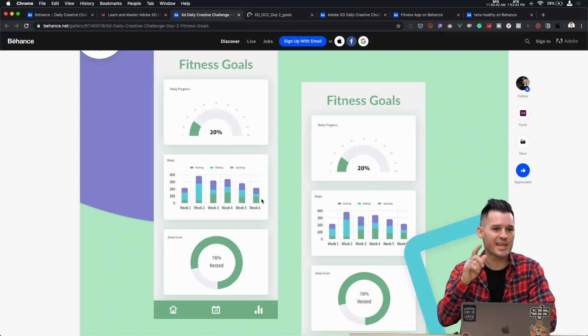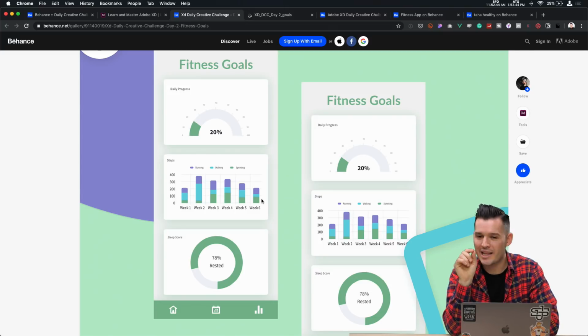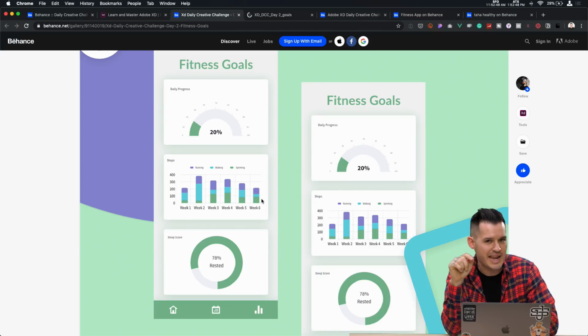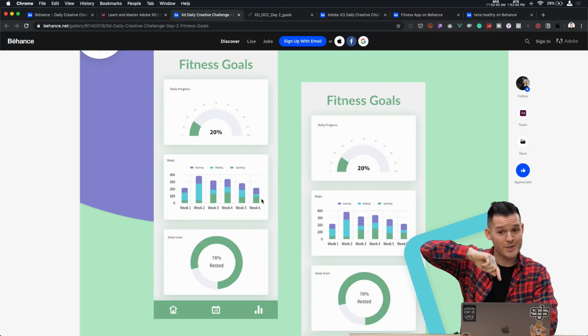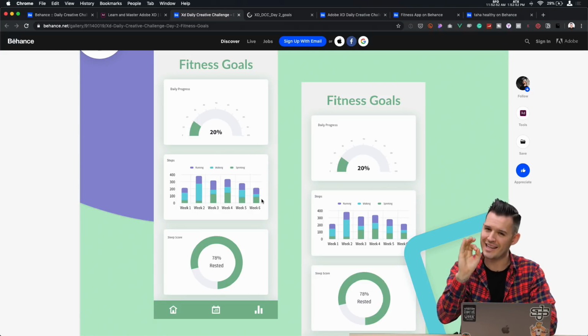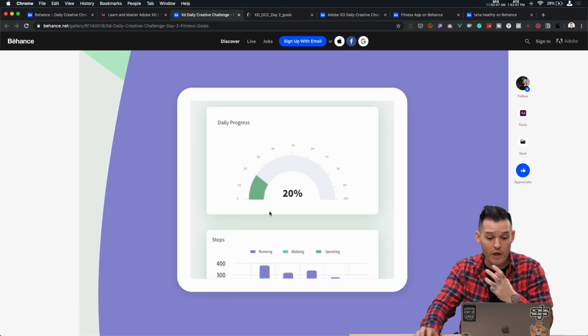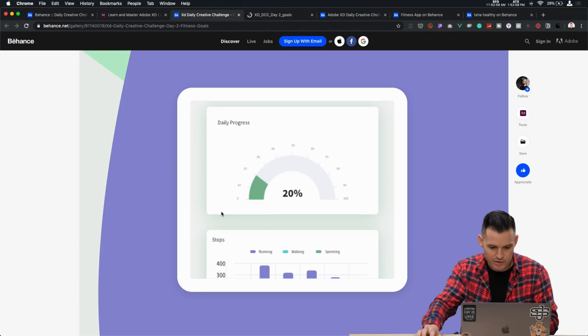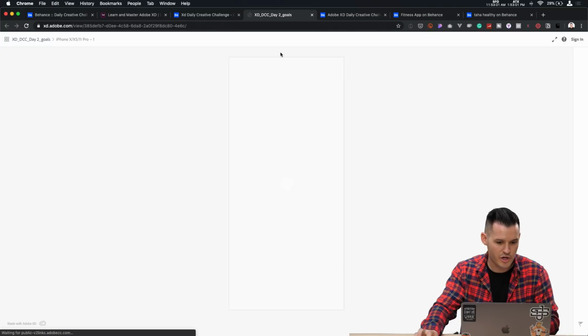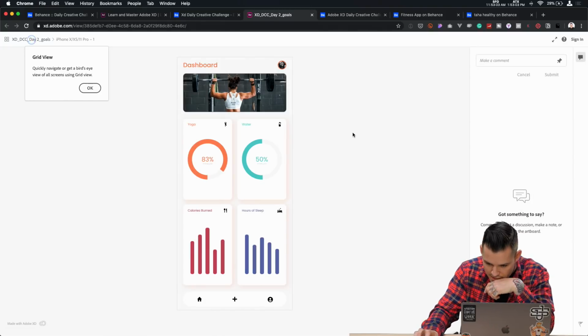I didn't get to do it, but I love seeing a bar chart or a pie chart use a little snap or bounce in the Auto-Animate so that pie just kind of snaps and bounces around. I love that. That just feels springy and fun. So this is great colors. I love the UI elements here. I love the detail. I love that he kind of graphed everything out. Good job, Travis.